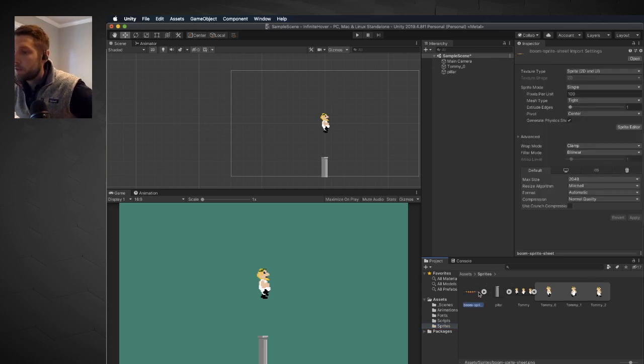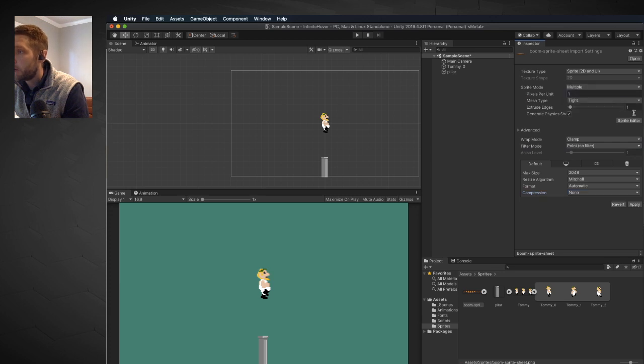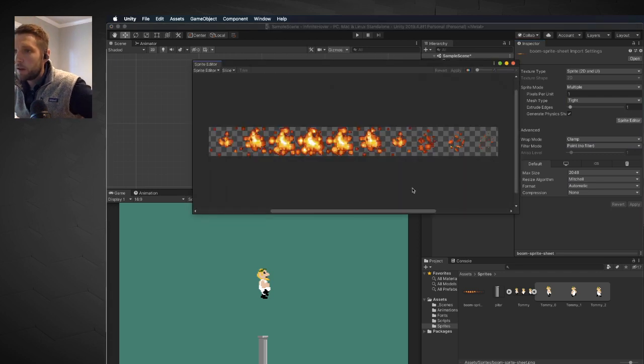And so what we need to do, the same setup that we did before, we're going to change our pixels per unit to 1, or it'll be 100 times too small. Change bilinear to point under filter mode. And then we don't want to compress this at all, so we're going to set that to none. And we're going to change our sprite mode to multiple and click apply. We could also just hit sprite editor and then it'll ask if we want to apply. Either way, we're good. You can see there's 1, 2, 3, 4, 5, 6, 7, 8, 9, 10 frames